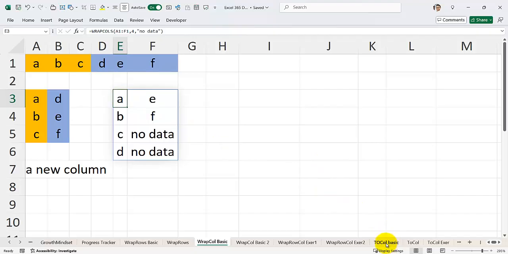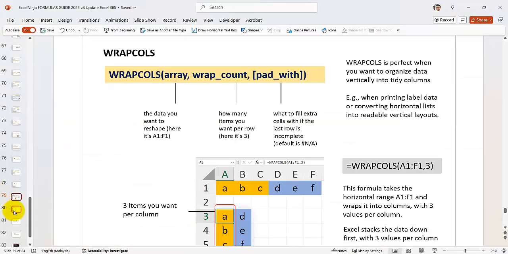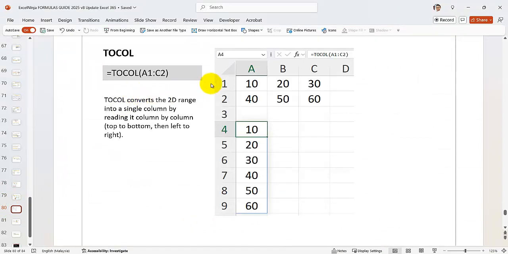It's TOCOL. What is TOCOL? You have a lot of 2D data, and you can wrap it into just a single column. Let's see here one more time. It converts a 2D range into a single column by reading it column by column, top to bottom,